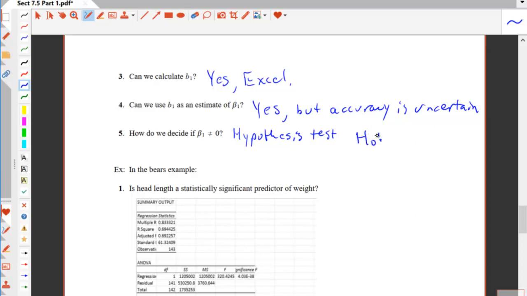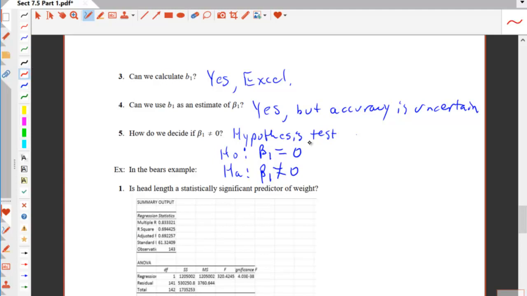We're going to have a null hypothesis and an alternate hypothesis. I'll put them right here. A null hypothesis and an alternate hypothesis. If we go to the alternate hypothesis, it's always a statement of inequality that something is different or related or new. And so this is going to be the hypothesis that beta 1 is not equal to 0. That leaves the null hypothesis to be that beta 1 equals 0.